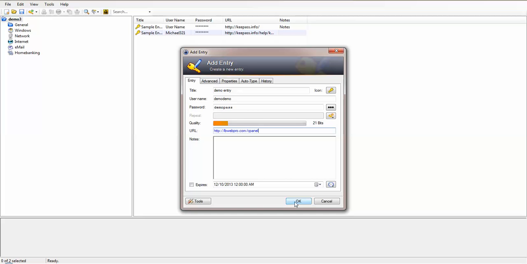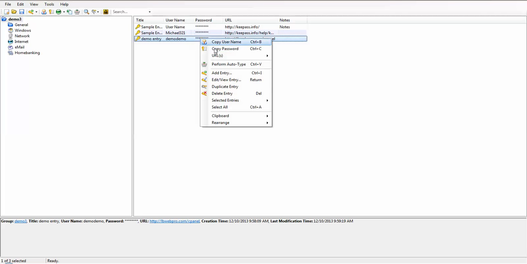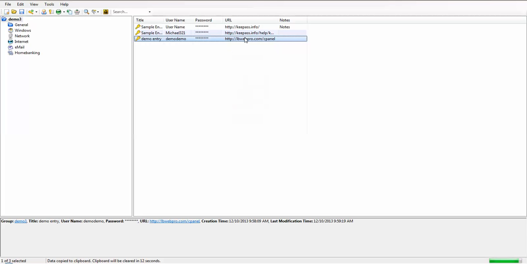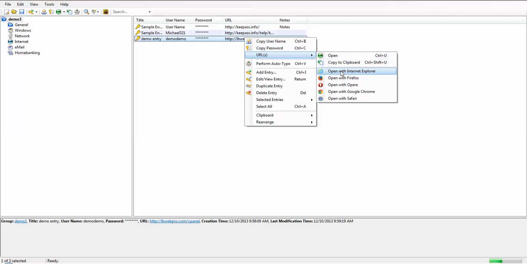So, and then we click OK. Now, as you see, that particular demo entry is all set up here. So if we right click right here, we can copy the password right to the clipboard. And then we can right click right here, and we can actually navigate right to that particular interface